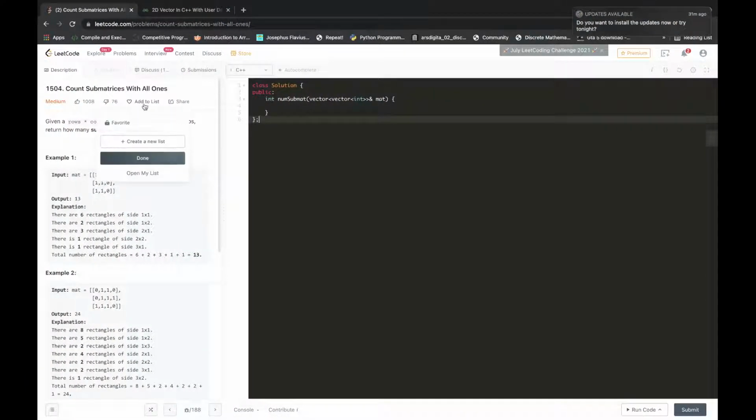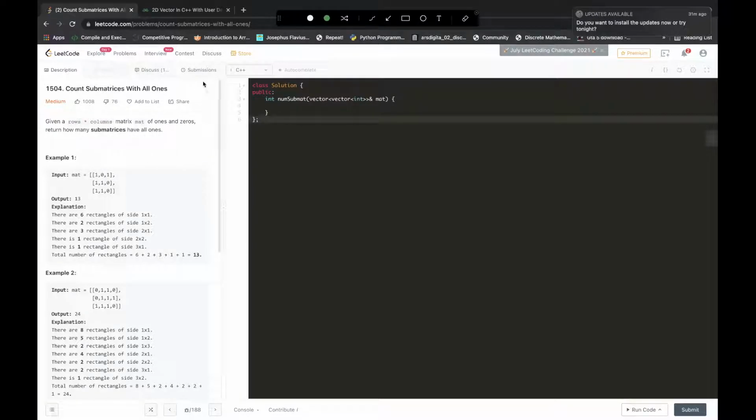So the question that we'll be solving today is LeetCode 1504, count submatrices with all ones. This is a medium level question, but it took me quite a long time to solve. And if you're not used to this type of question, then you may find it very intimidating at first. But once you have practiced enough problems on this pattern, like count all the squares of all ones or count all rectangles with all ones, then this will automatically come to you and you will be able to solve this kind of question with intuition.